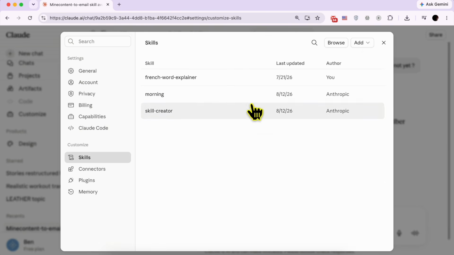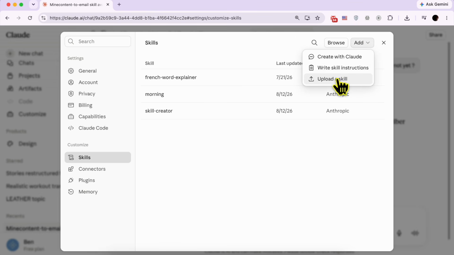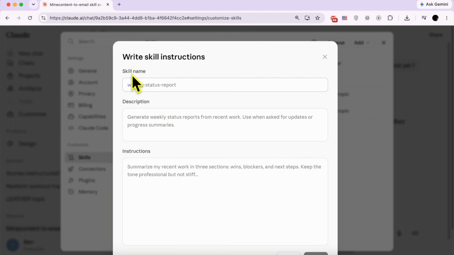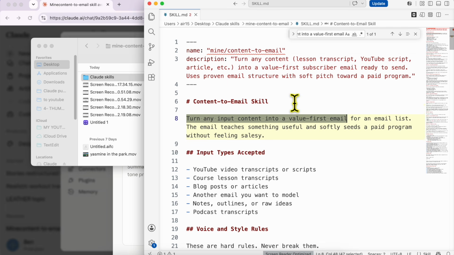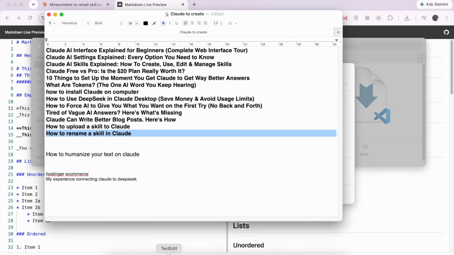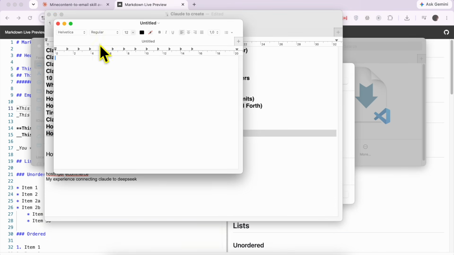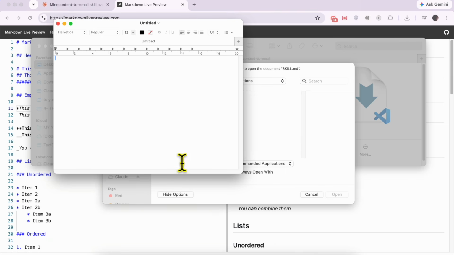Yes. And here, instead of uploading a skill, I will add it by writing the skill instructions, because this way I can type the exact skill name that I want. So I will open my skill file with Visual Studio Code. This is it. Here, if you don't have this Visual Studio Code app on your computer, use text edit first, like this, and